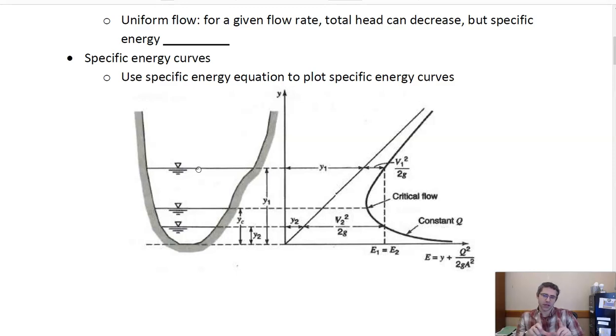Remember that in an open channel, we're not constrained like we are in pipe flow. So we could have, for the same flow rate, different depths. And if for the same flow rate the depth is higher, then we're going to have a lower velocity than if for that flow rate the depth is low and we have a higher velocity. And this is actually what comes out of plotting these specific energy curves. This is a plot. Y, or depth, is along the y-axis, and along the x-axis is the specific energy,